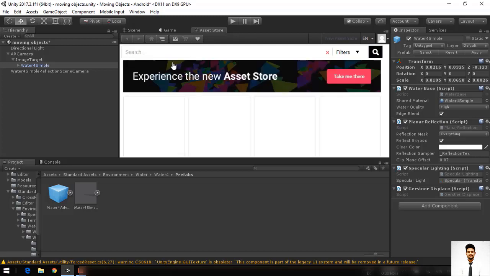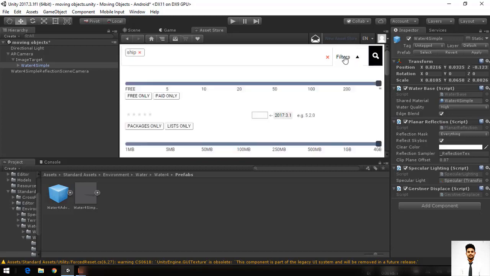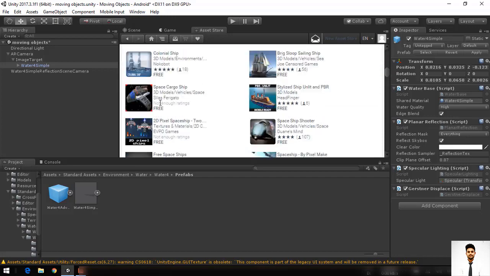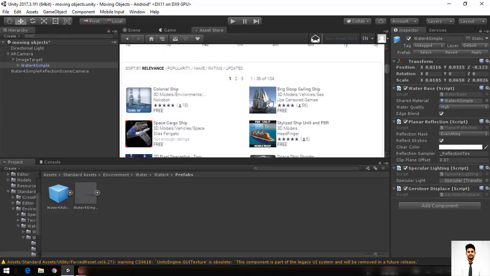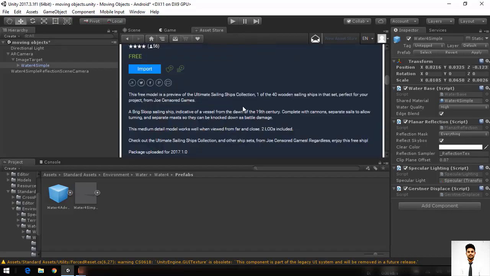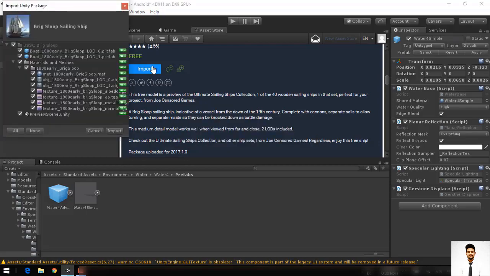Yeah, okay, here we can see the asset store is open now. Now let's find our ship prefab in this. So here we'll be having paid and a free one. If you're doing augmented reality for educational purpose or for your own learning purpose, please prefer free prefabs. If you are seriously working on augmented reality, then go for paid ones. Paid ones will always be better. Now click on import here.